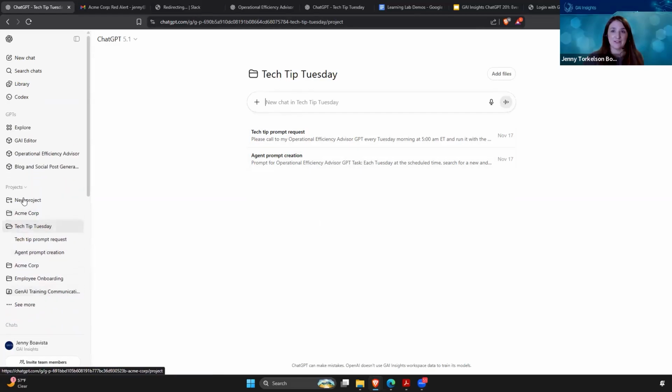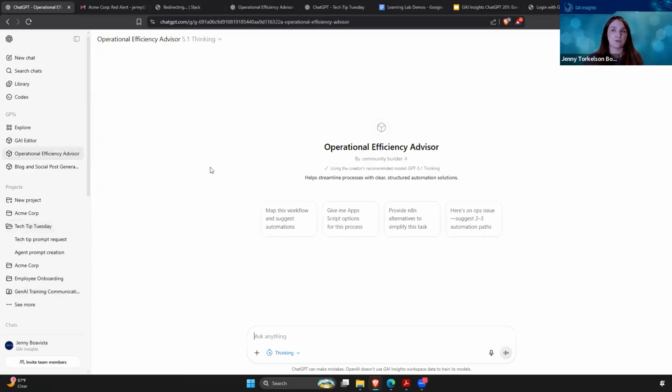But now that you understand project folders really quick, I'm going to go ahead and move to the GPTs, and I want to show you a GPT that I have. I want to demo some more advanced functionality, and then we can go into how to create it and maybe some Q&A. So I created this operational efficiency advisor, and I really wanted this to help me create workflows,